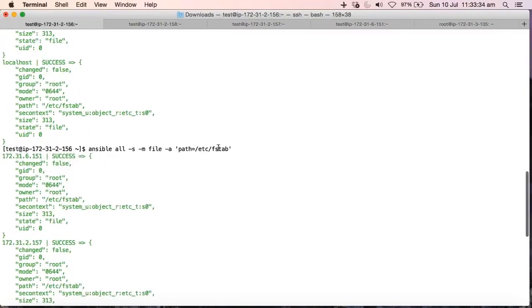When I execute this command, it is not showing me the contents of that file. Instead, it is showing me what kind of file it is, who is the owner of the file, who is the group owner, what is the permission of the file, what is the path of the file, is there any setuid set for the file, and what is the size of the file. So you can see here, 151 is an Ubuntu machine,